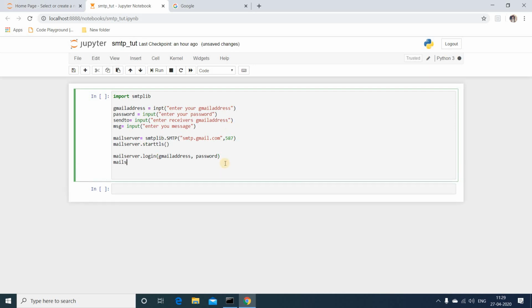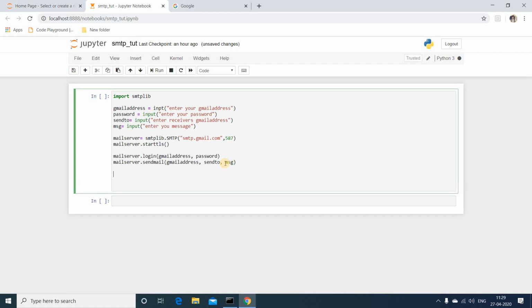Then create mail server dot sendmail. In this you need to pass your Gmail address, then the receiver's Gmail ID, that is send to, and finally the message. And then you need to close the server. Mail server dot quit.